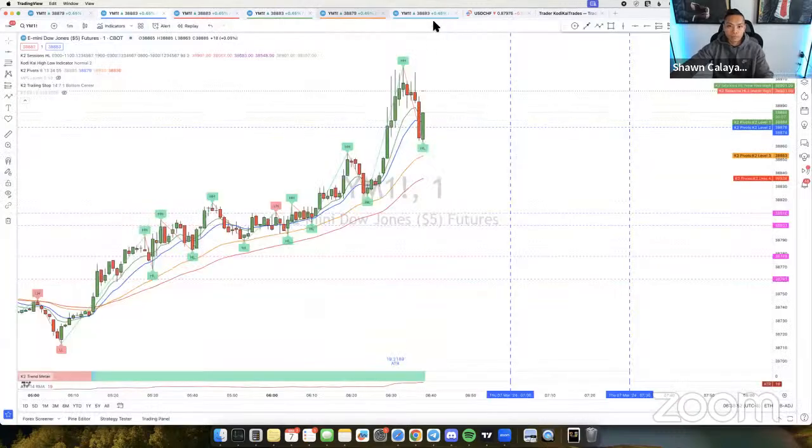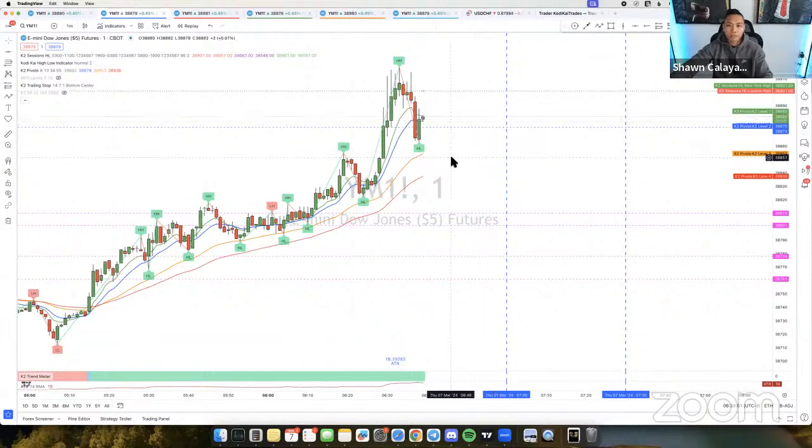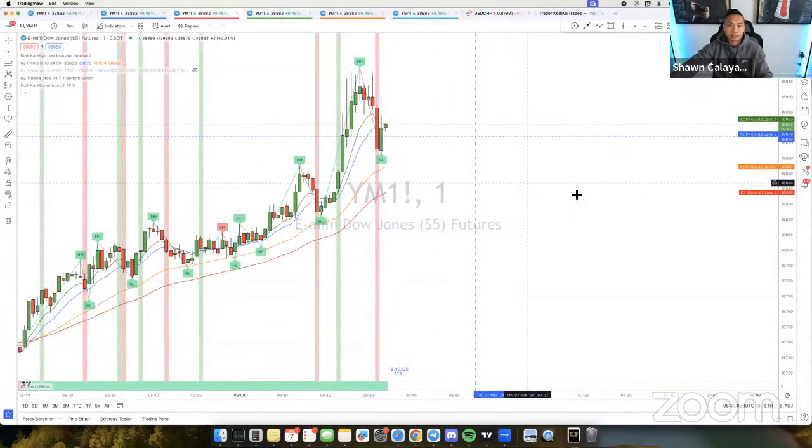Just hoping we get some volatility soon, at least before 7. Otherwise, we might have to trade while Powell is speaking, which again is fine. It's not the worst that can happen, but